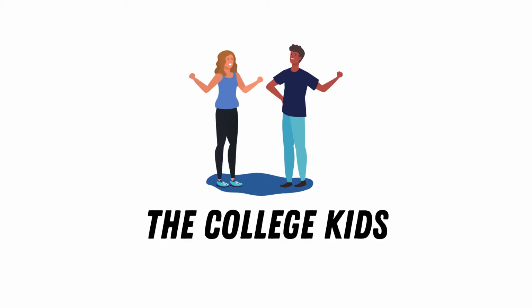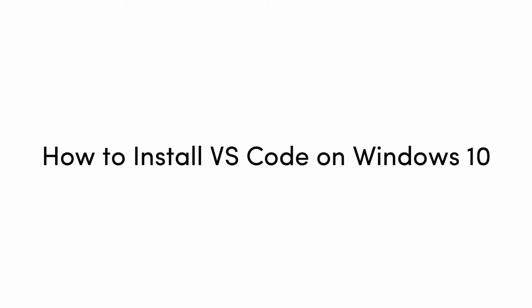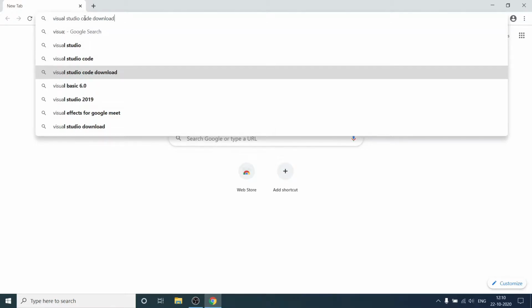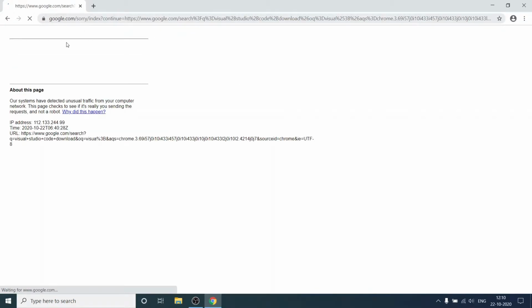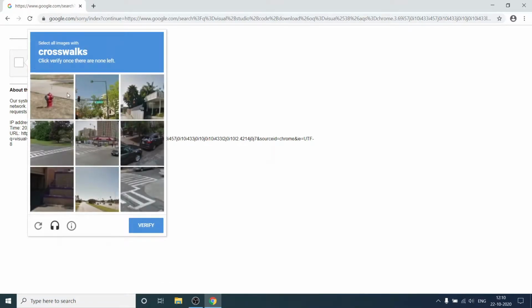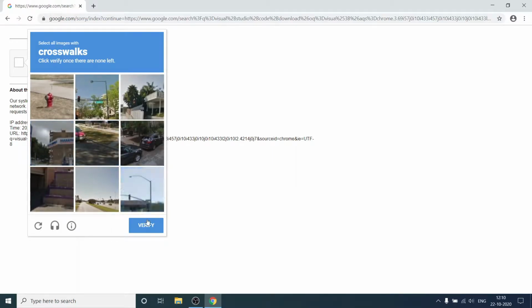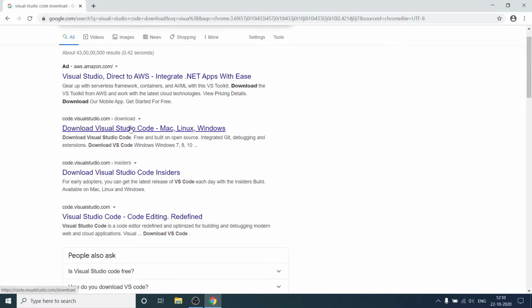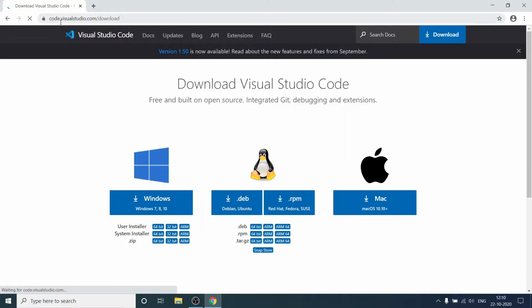In this video we're gonna be looking into how to install Visual Studio Code on your Windows machine. So for that I'll just quickly head over to Google Chrome and I'll just search for Visual Studio Code. Okay, so quick recaptcha here, and yeah, so we'll just go to the second link, first one being the advertisement, and we are on this URL